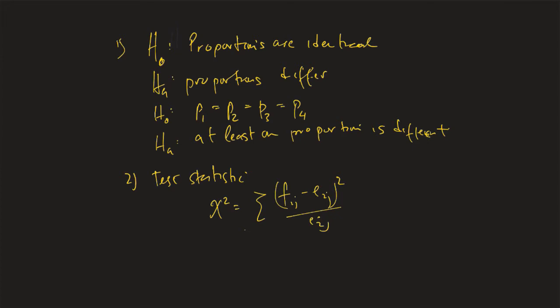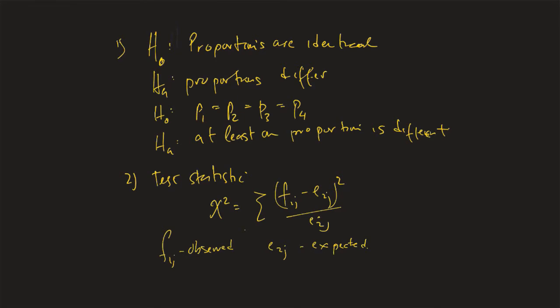In this case, we have 2 rows and 4 columns, and so it's simply a matter of expressing the i, 1 to 2 rows, j, 1 to 4 columns, and so fij is observed, eij is expected,